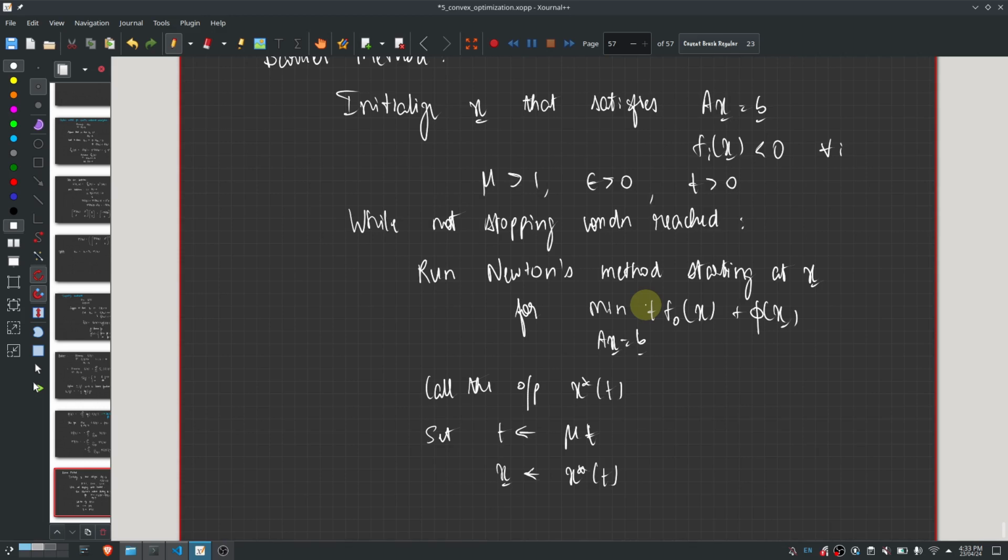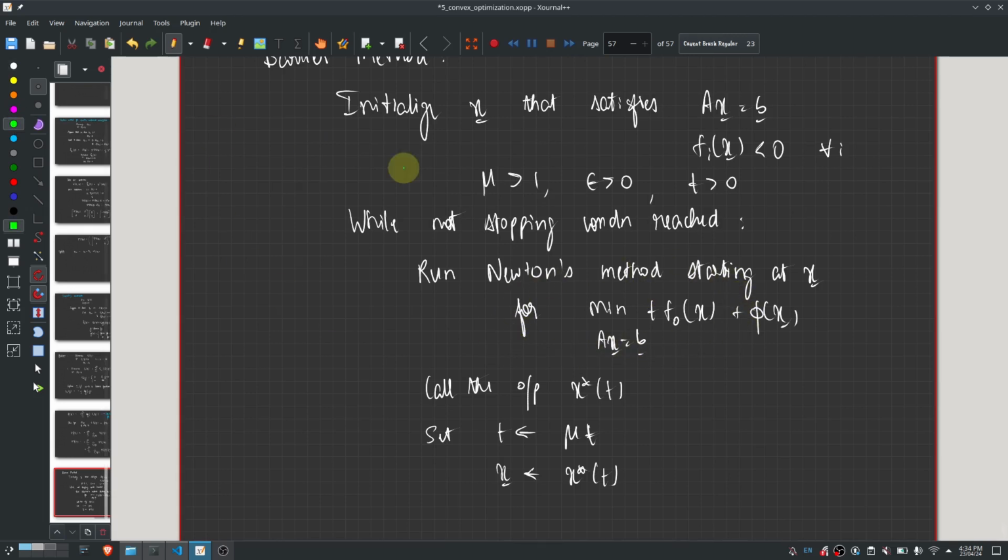So that's point number one. Point number two is we need to choose a suitable increment, mu. How do we choose mu? We can choose mu to be something close to 1 or something much larger than 1. As it turns out, changing the value of mu does not significantly impact the performance of the overall algorithm. Choosing a small mu would in fact ensure that in each round of Newton's method, you don't take too many steps. So the inner